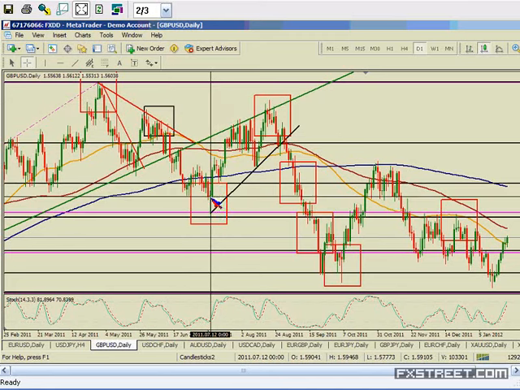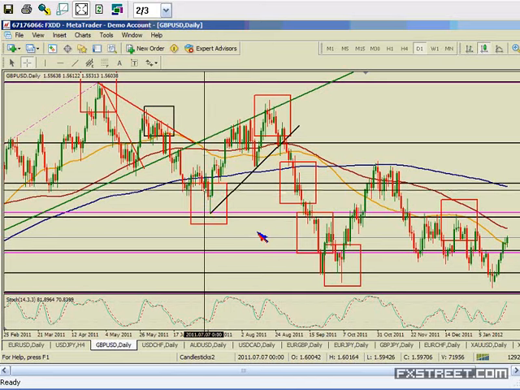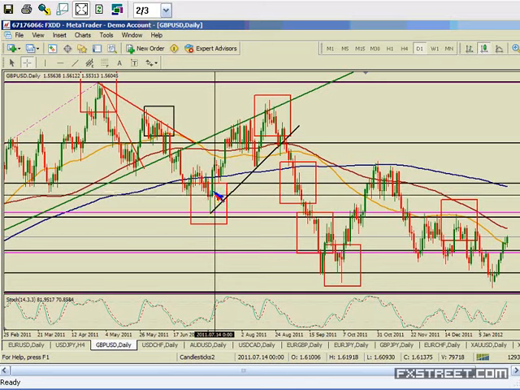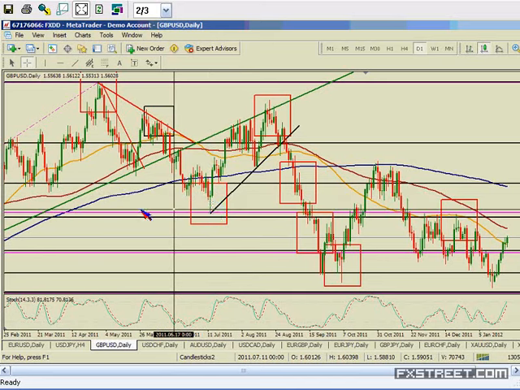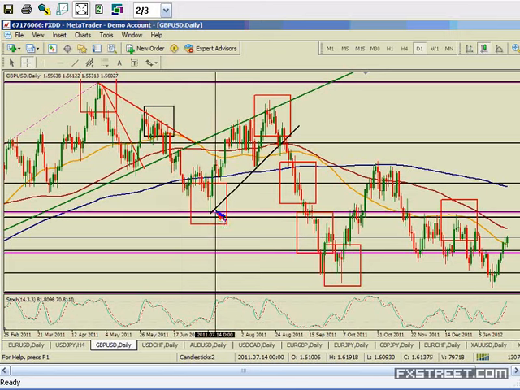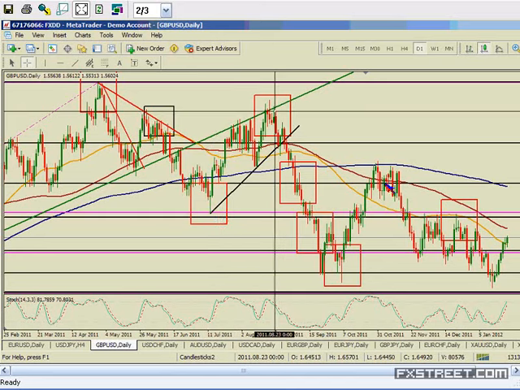Pound-dollar. So 158 area, you have this move to the downside, and then you have this very strong hammer candle here, which is a very small upper body, long lower wick. Yeah, it's got a little upper wick too, but this can be called a spinning top or a hammer. Again, I don't care what you call it, but we have this long wick here, and a small body, telling us that there's indecision, that we get rejected right here near the lows, okay, and the lows being right around the 158 level, as well as this is also a 38.2% Fibonacci retracement. So there we have a confluence, a very strong confluence of support right where we have this hammer candle, okay,